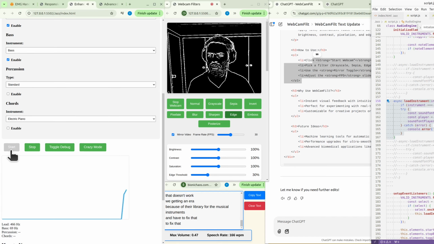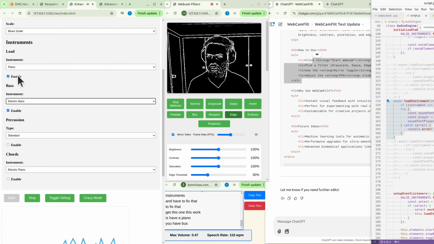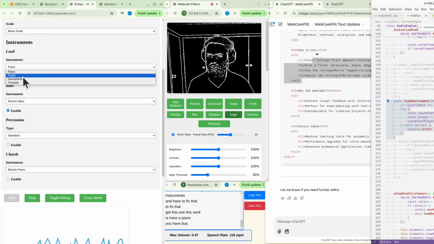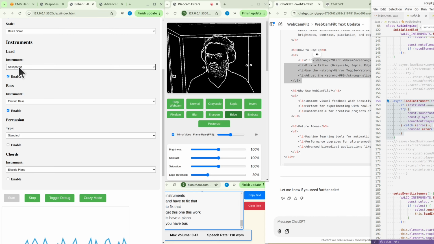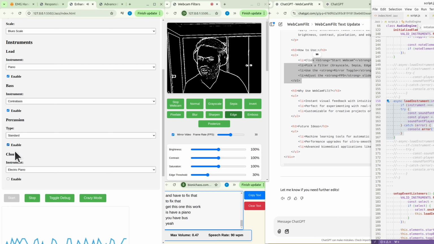So you have a piano, you have bass. Percussions don't work.